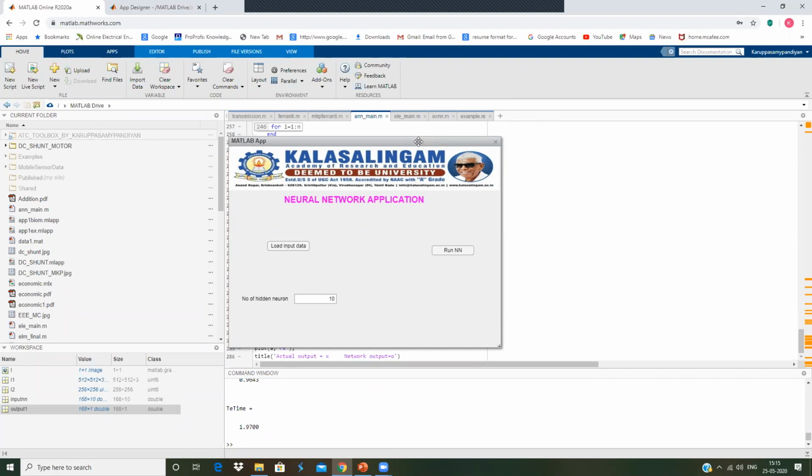If you install MATLAB with the MATLAB Compiler on your laptop, you can convert this MATLAB app directly into an exe file in a single click. No programming is needed. If you develop your app and have the MATLAB Compiler on your system, in a single click you can convert the entire app into an exe file or even a web application file, and you can deploy that web application file on a website also.